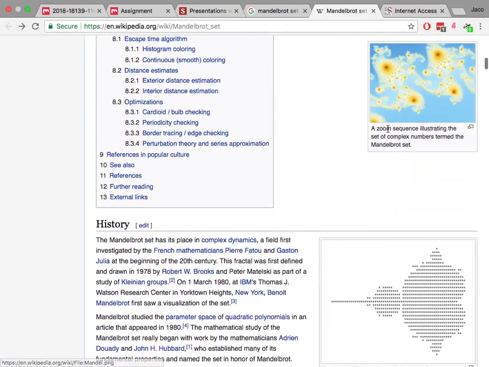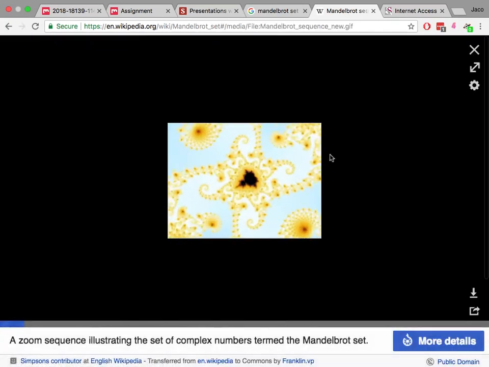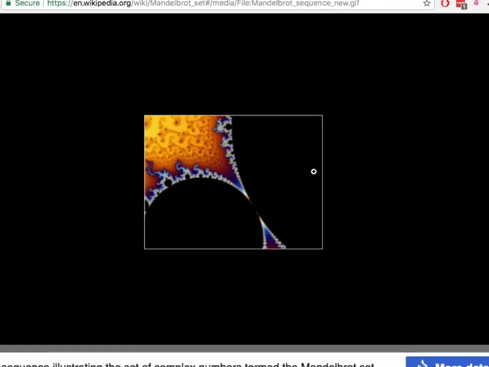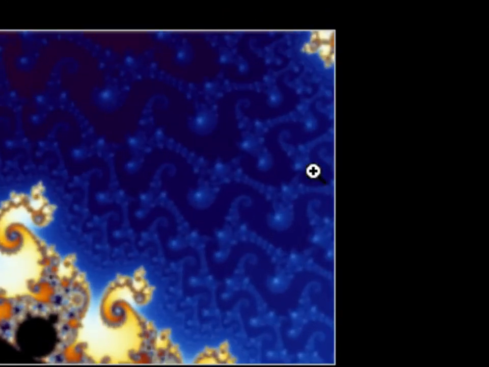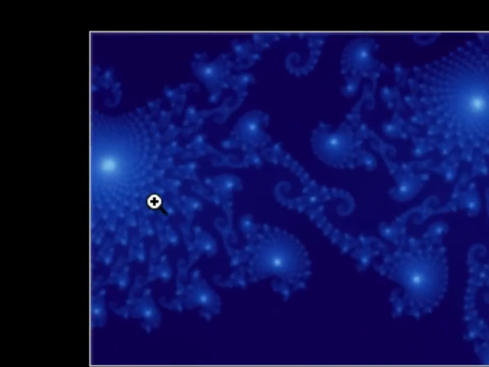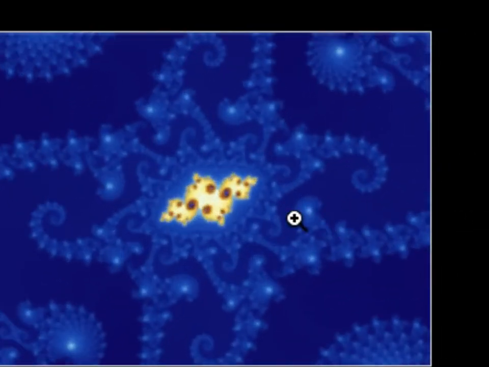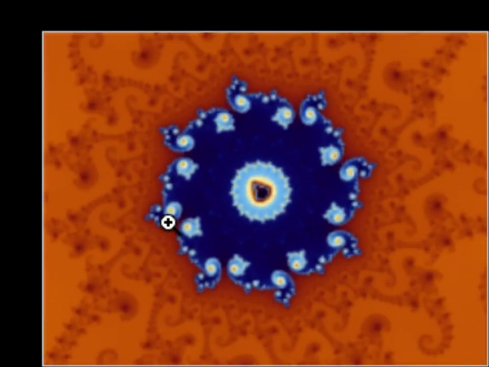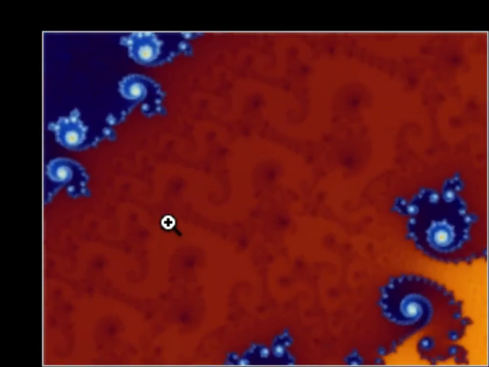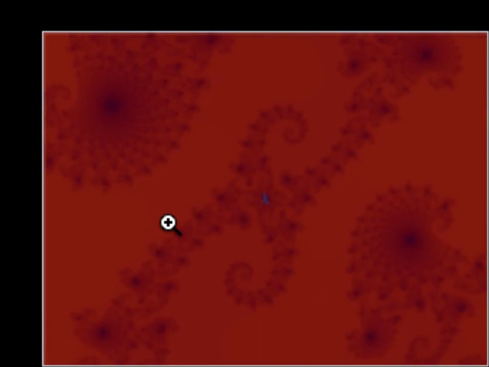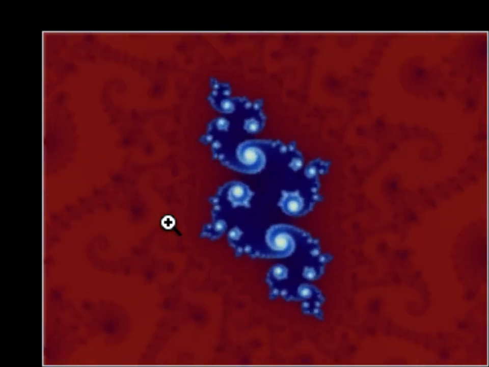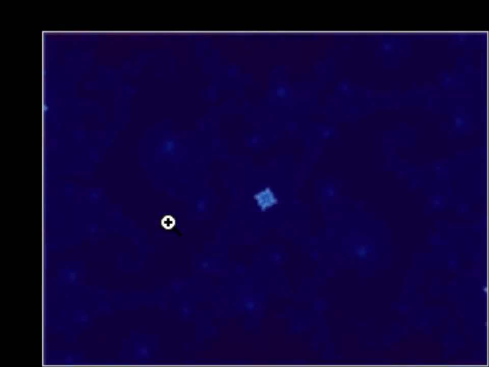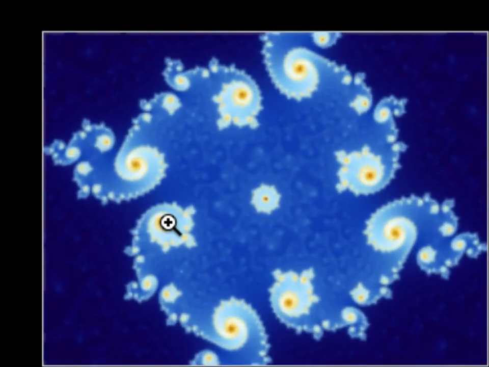Let's just see that. So what we see here is people zooming in on the Mandelbrot set, going in deeper, and deeper, and deeper.